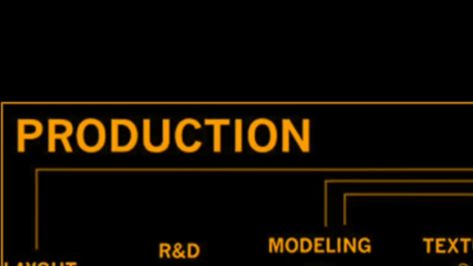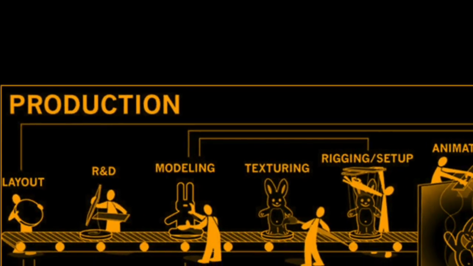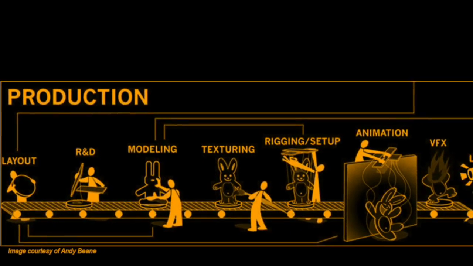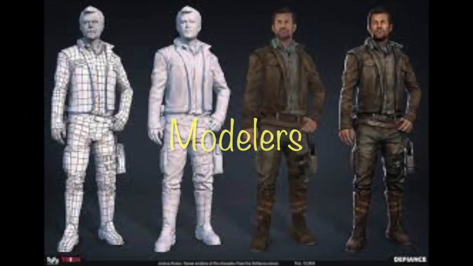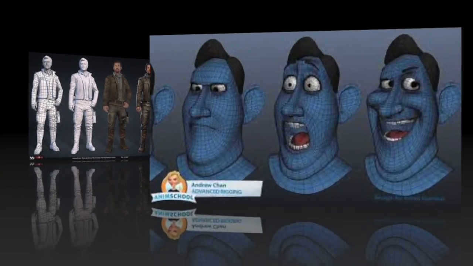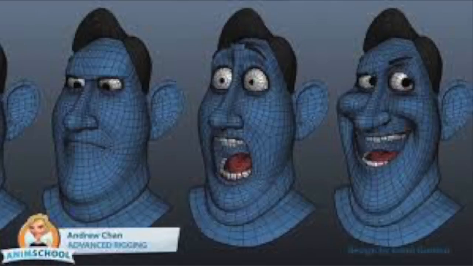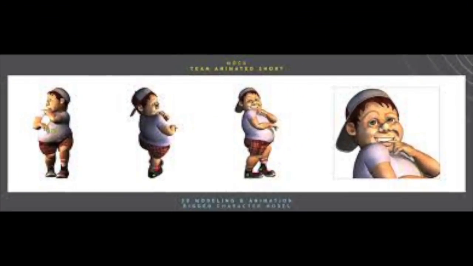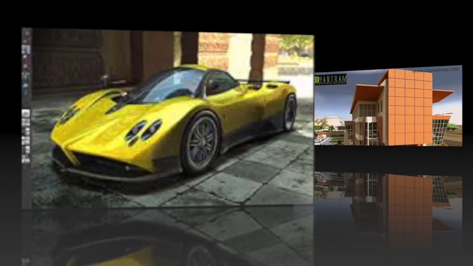Now that the storyboard has been approved, the project enters the production phase. Some major parts are layout, modeling, texturing, lighting, rigging, and animation. Modelers are usually split into two or more departments. While organic modelers tend to have a sculpture background and specialize in building the characters and other freeform surfaces, hard surface modelers often have a more industrial design or architectural background, and as such they model the vehicles, weapons, props,